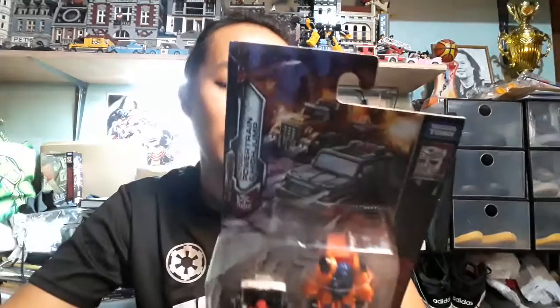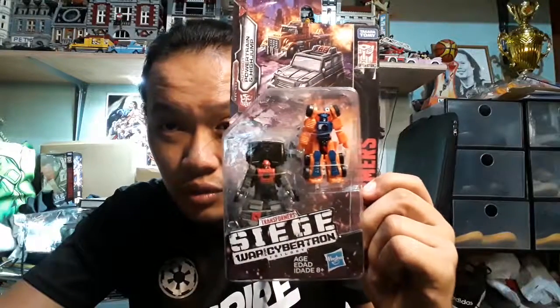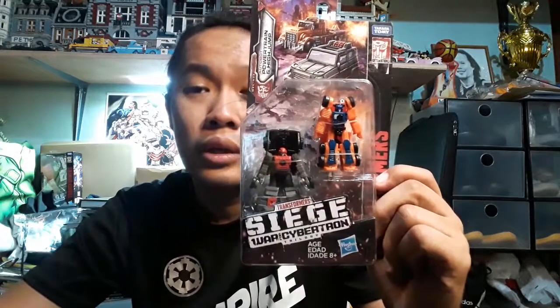Some of them are official product. Actually, only one of them. This one is the Siege War for Cybertron, Autobot Powertrain and High Jump. They're Micromasters. I'm gonna do a review of this soon. That's the first item. Let's put it here. And then I also got